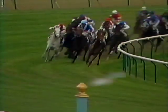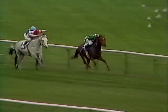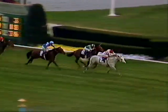Al Mamoun, he's still the one to catch, and he accelerates at the top of the stretch to a 2.5 length lead. Cozine takes aim at the leader on the outside, now racing in second. Shadid is back in third. Dr. Schwartzman a late run. Here comes the gray horse, Cozine, and he powers up now to take the lead. Al Mamoun is back in second, and Shadid is racing in third. They're coming to the finish, and it's going to be Cozine to win it, and a flawless ride by a